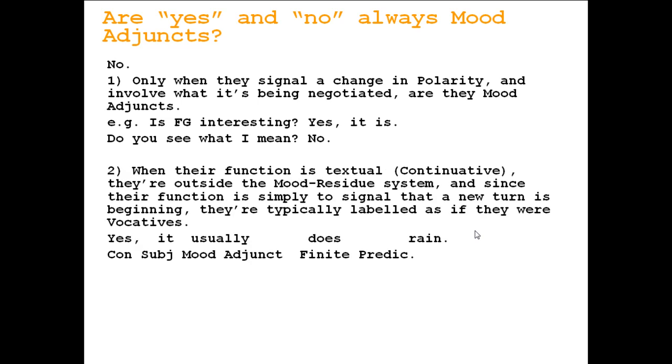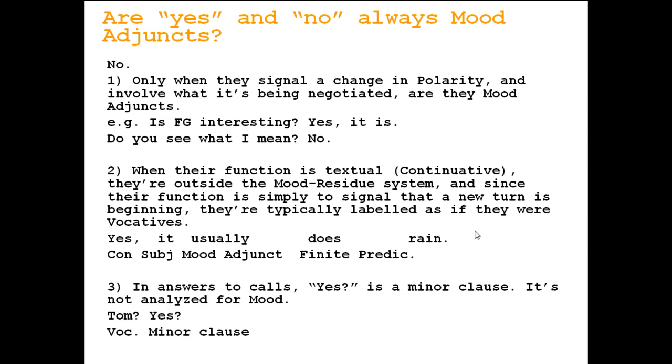But now, if there's no question involved and we use yes only as a continuative, they're outside. You remember continuatives, just like vocatives and expletives, are outside the mood block. They're neither mood nor residue. They're out. So yes, used as a continuative, is not a mood adjunct, and also when it's a minor clause. So for example, if I call you and you say yes, it's not as if you want to change or express the polarity. You would just want to tell me that you're there. So it's only phatic. You know, it's an expression that's there only to keep the channel open. So it's not modal, it's not a